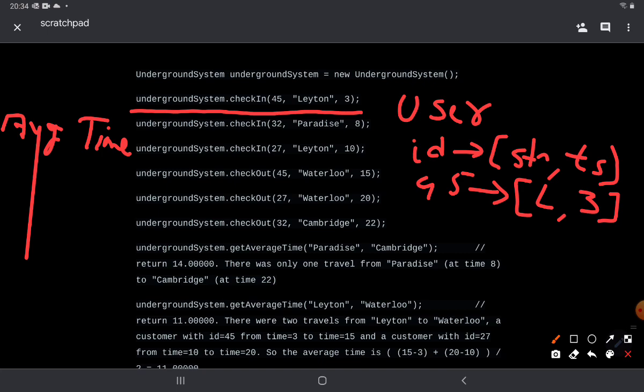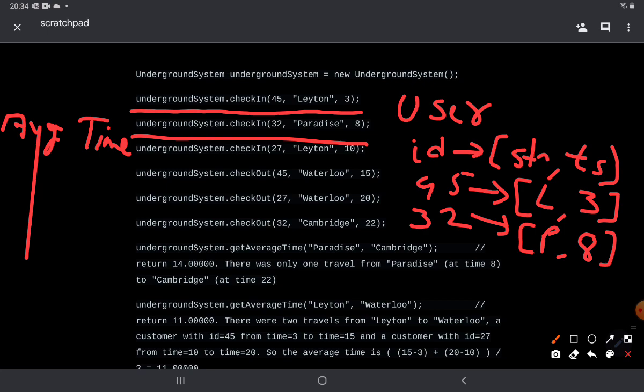Now another user 32 checks in, as we see in this line, and the station is Paradise, and the timestamp is 8. Now another user 27 checks in, and that user checks into Leeton station, and the timestamp is 10.